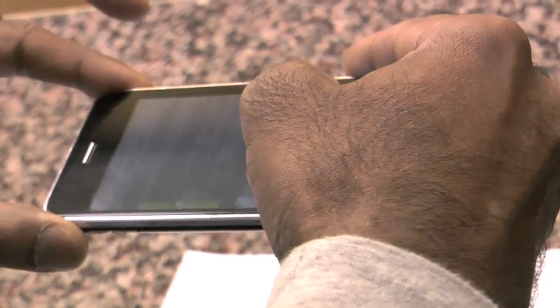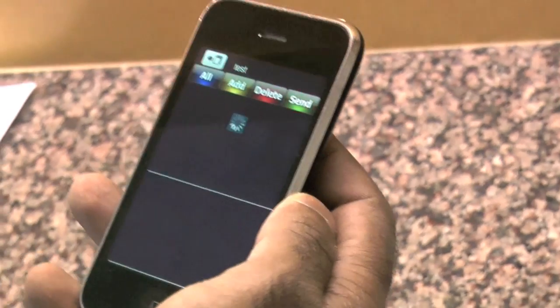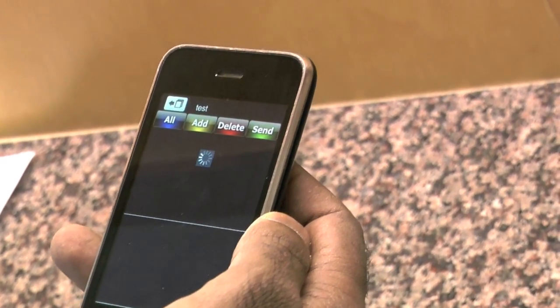So once they're zeroed, you can go ahead and move the phone and take a picture of the page that you want to scan, just like that. And once that's scanned, the software will automatically do some image processing to convert it into a black and white scanned image. So we scan the first page, and now let's go ahead and scan the second page of this